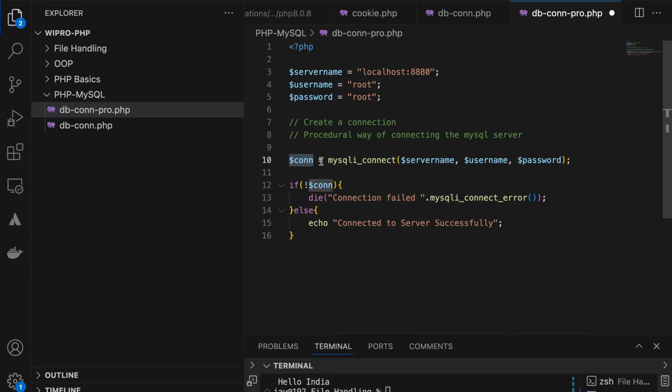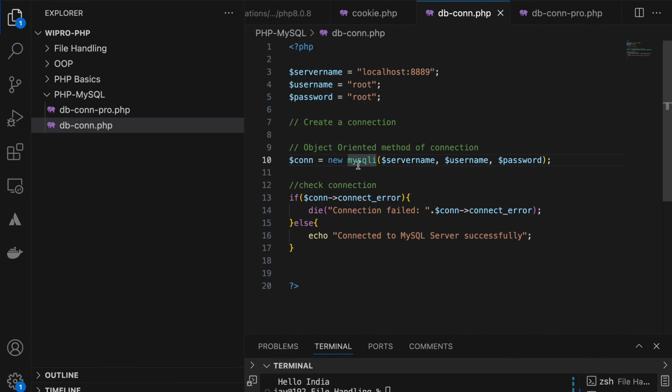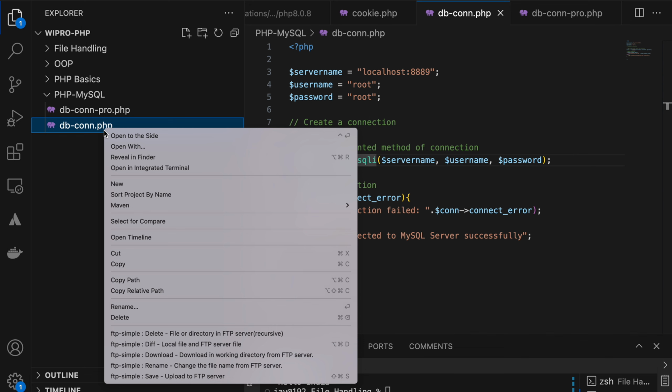And this is just a handler or pointer, you see. Using that, I am not calling any method from here. Clear, guys? Now you are clear on this, now the object oriented.